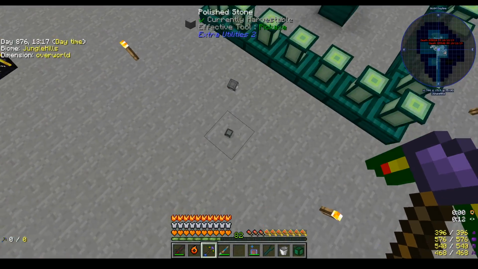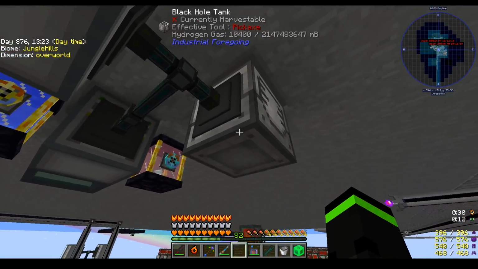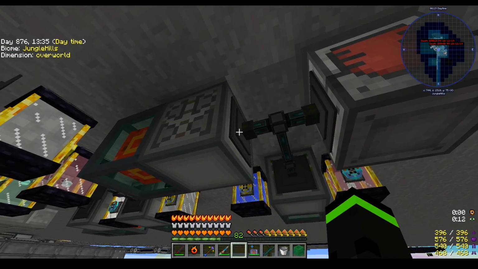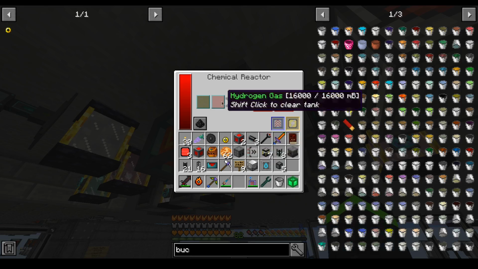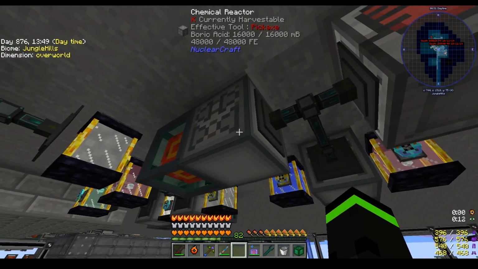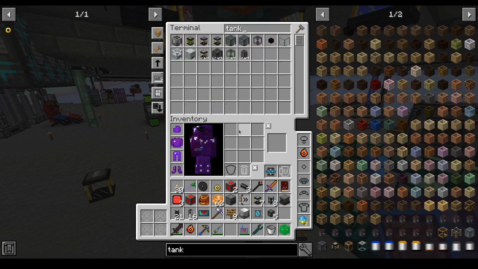What do we do with the freaking tank? Black hole tank. So, we want to hydrogen gas. And we want to extract, always active, hydrogen gas. Should go away, hydrogen gas in here. Okay, so we have the boric acid tank. Let's see if we can...